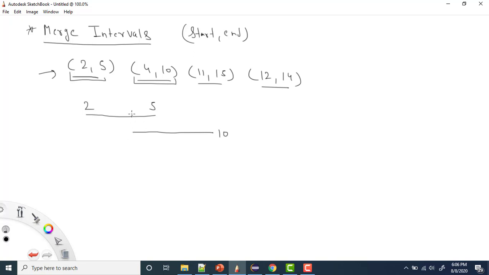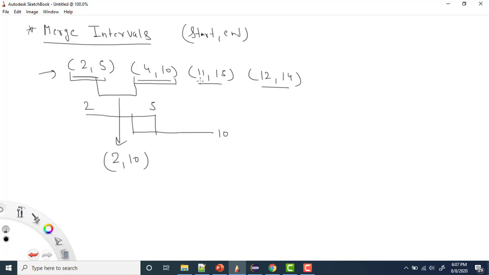If you see, this portion is overlapping, right? So I can have 2 to 10, if I merge these two intervals into 2 to 10, right? And this will accommodate all the values that were present here. Like if you see, 2 to 5 is also here. So after merging, both the values should be present in the final one. That's what merging is. We can check: can I say 2 to 5 is present here? Yes. Can I say 4 to 10 is here? Yes, 4 to 10 is also present here, right? So I have got one merged interval of these two values, as 2 to 10.